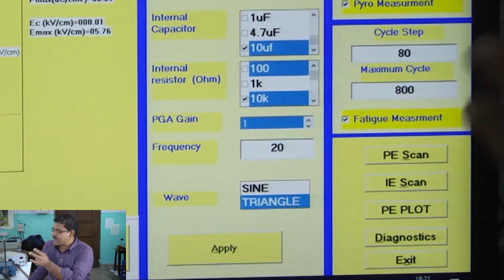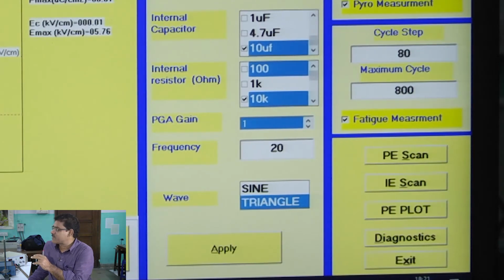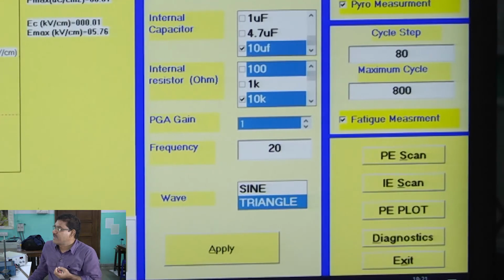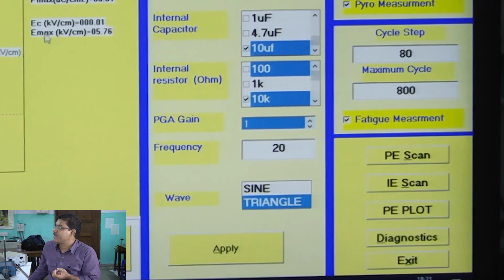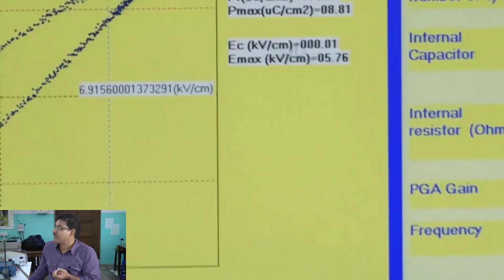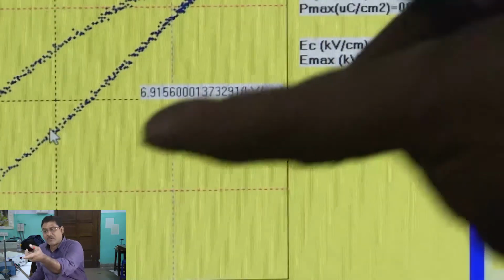Anyway, one can play with these parameters and find out the PR value, PS value, saturation value, and then the EC value, the coercive electric field. Okay. So, this is at room temperature.